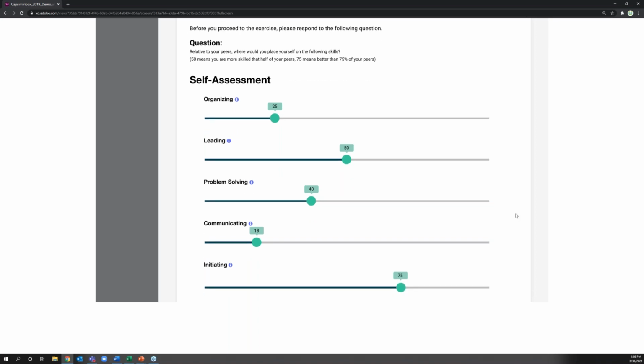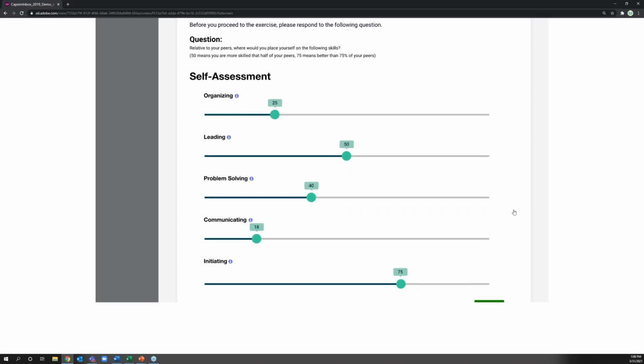I'll pull that cursor across. This is a 0 to 100 scale, so a very quick and easy self-assessment. And if they need more context on what a particular skill is, they'd click on that information button that we're highlighting at the moment.